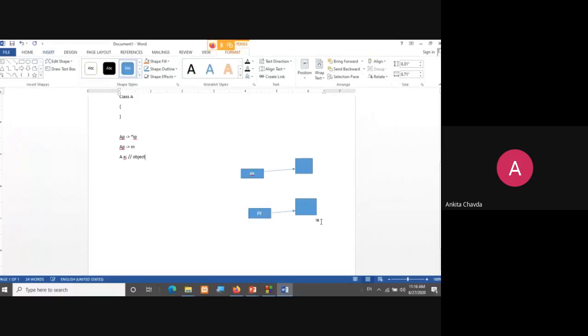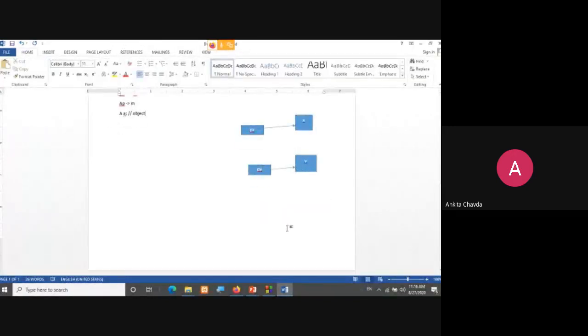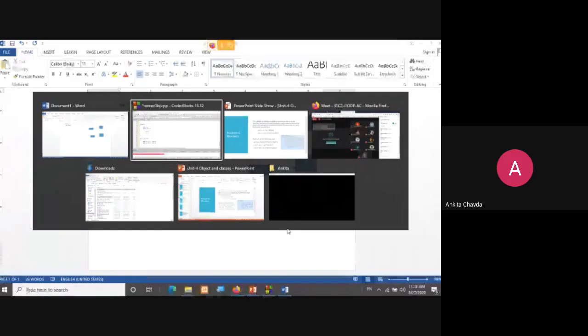These are the pointers on my variable x and on my variable y. At least getting this fine.